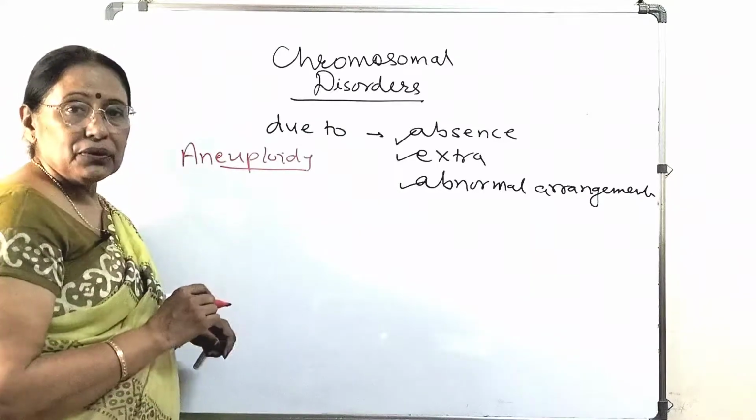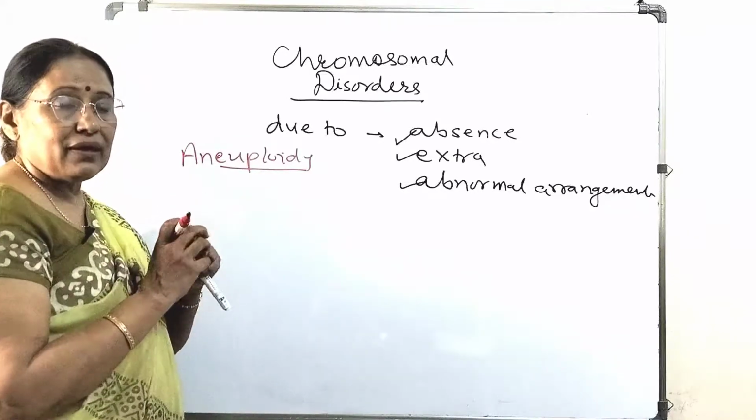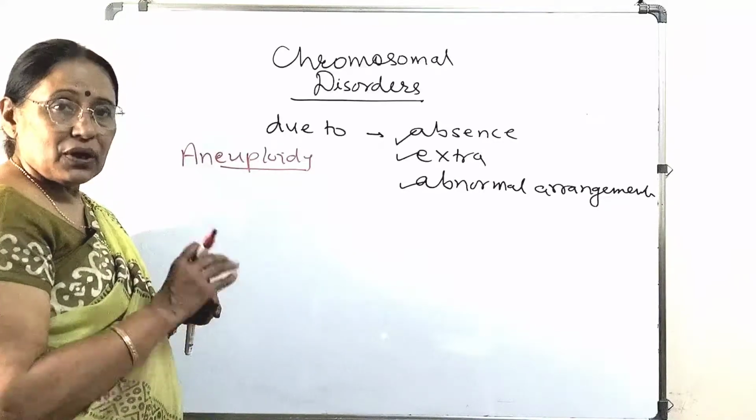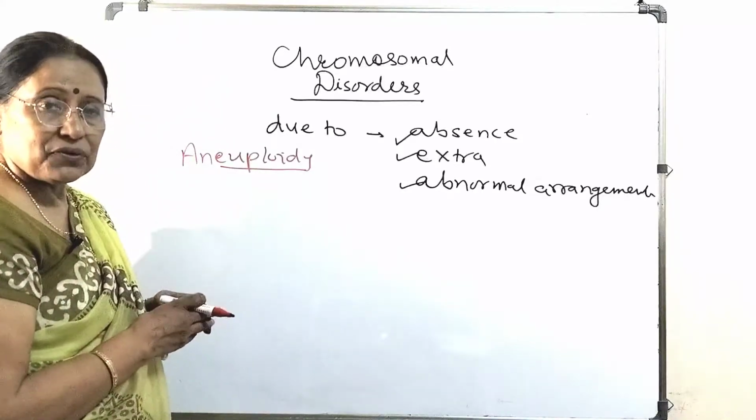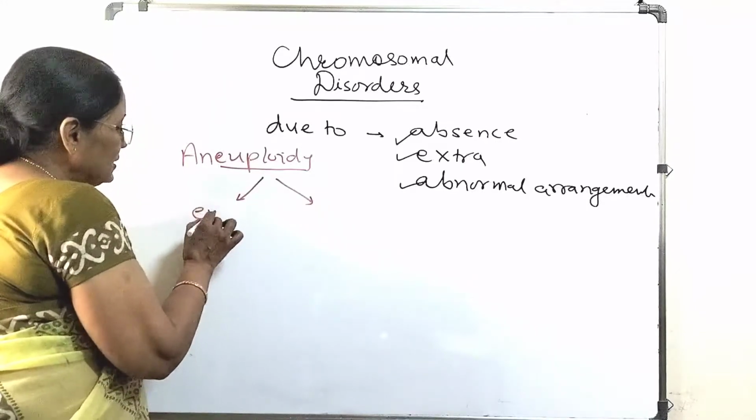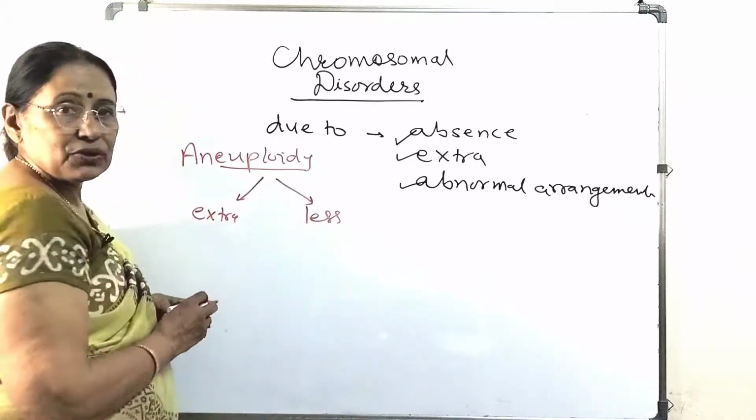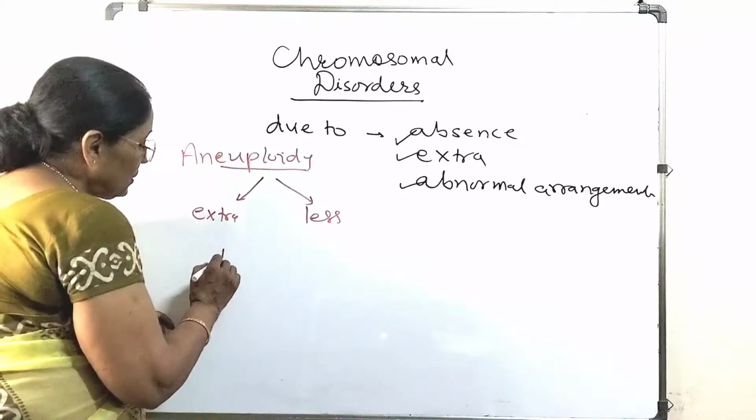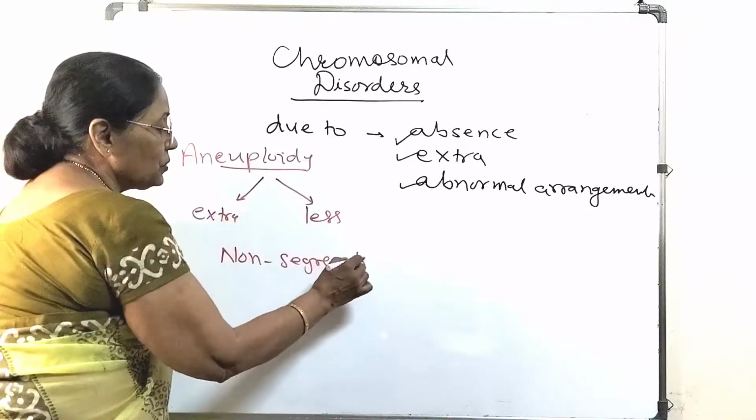Before that, you should know what is euploidy. You remember what is euploidy? Euploidy means having the complete, proper set of the chromosomes. Then this euploidy may be disturbed in two ways. Either there will be some extra chromosome or there might be some less chromosome. How does this occur? This occurs due to non-segregation of chromosomes